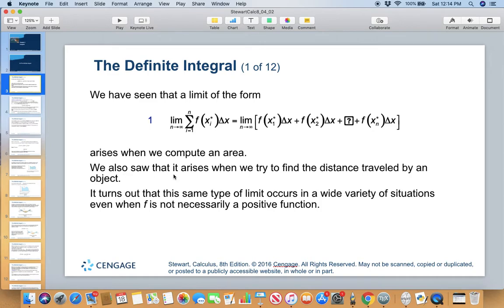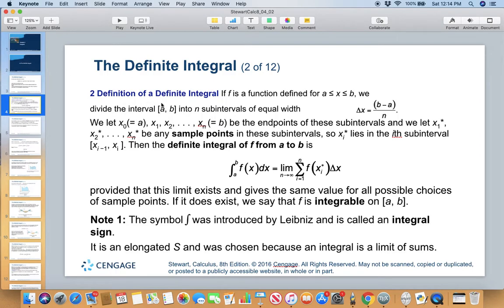We also saw that it arises when we try to find the distance traveled by an object. Turns out the same type of limit occurs in a wide variety of situations, even when f is not necessarily a positive function. Okay. Definition of a definite integral. If f is a function defined on an interval a to b,